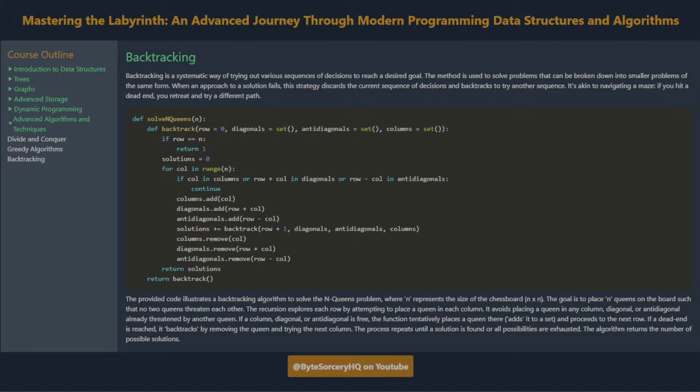The provided code illustrates a backtracking algorithm to solve the n-queens problem, where n represents the size of the chessboard, n×n. The goal is to place n queens on the board such that no two queens threaten each other. The recursion explores each row by attempting to place a queen in each column. It avoids placing a queen in any column, diagonal or anti-diagonal, already threatened by another queen. If a column, diagonal or anti-diagonal, is free, the function tentatively places a queen there, adds it to a set,